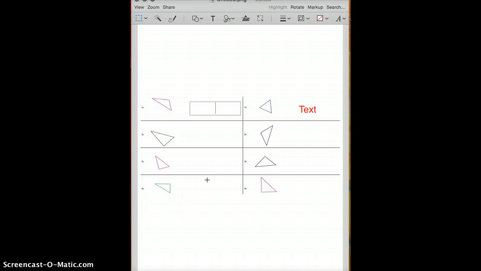I am going to go over the first 2 problems on the worksheet with you as examples, and tomorrow we will complete the worksheet to show how well you understand these concepts. This first triangle on the worksheet